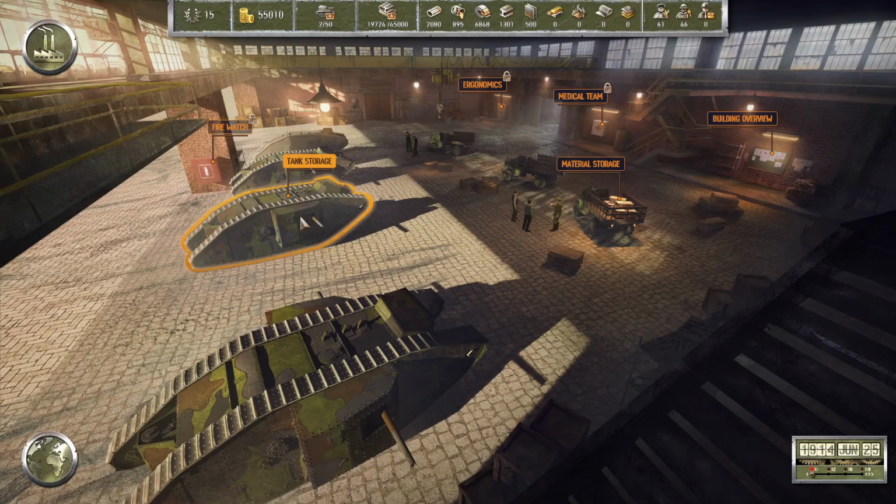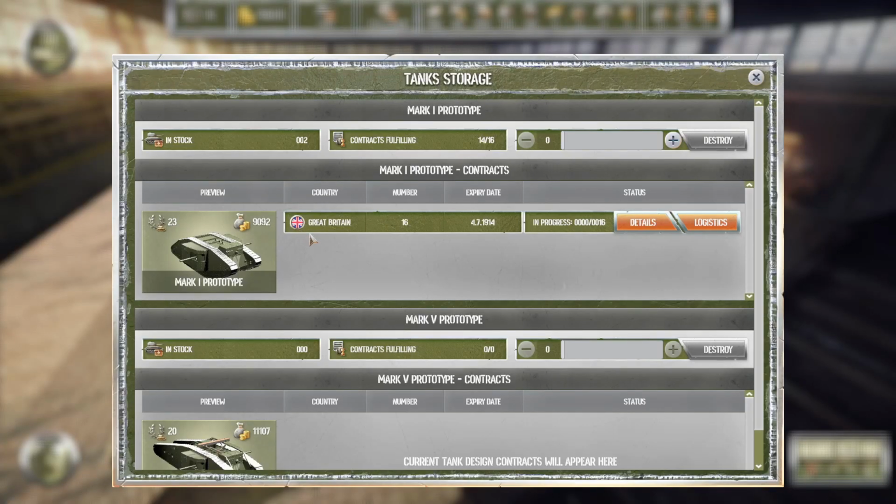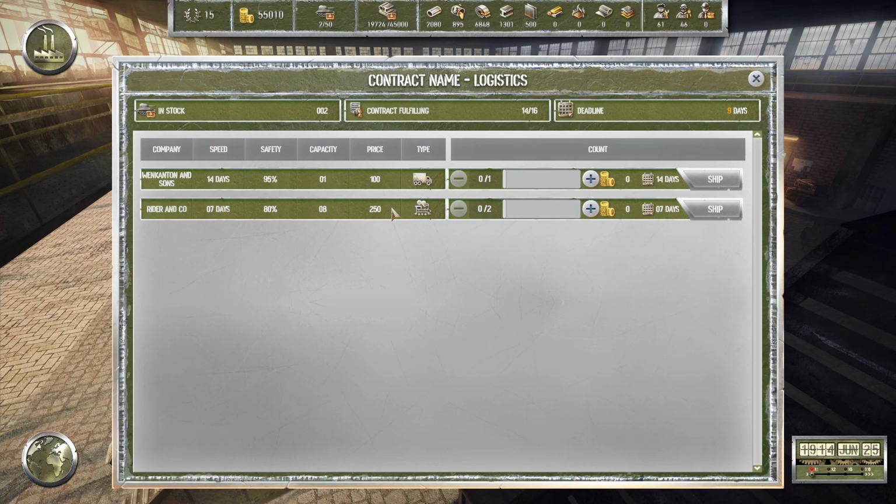Oh yeah, these are done, right? So we need to ship them off. So they have to get there on July 4th, right? On or before July 4th. So let's go to logistics. We have 2 waiting here, and